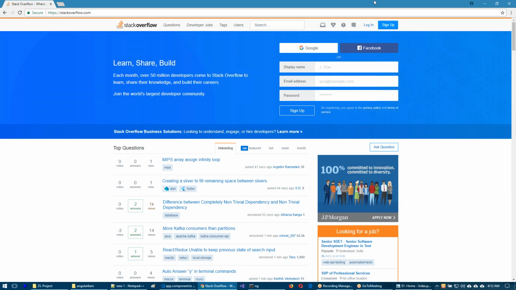The basic concept of this stackoverflow.com website is questions and answers. One user asks a question, for example, and a number of people can answer it. Those answers may be good or may not be good. If an answer is good, other users will upvote it, meaning they will give a thumbs up. Otherwise, they will give a downvote.